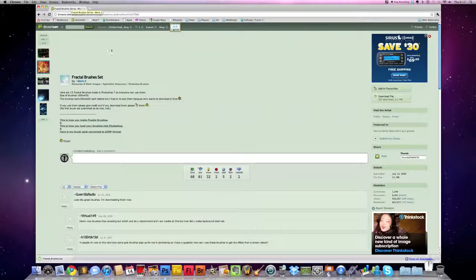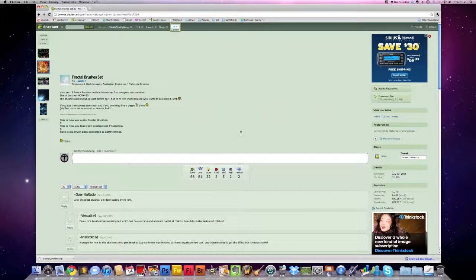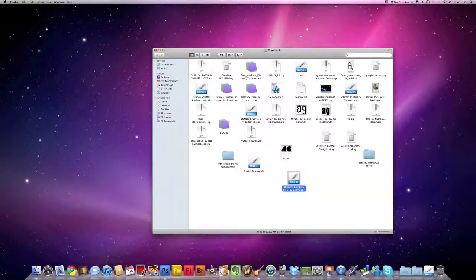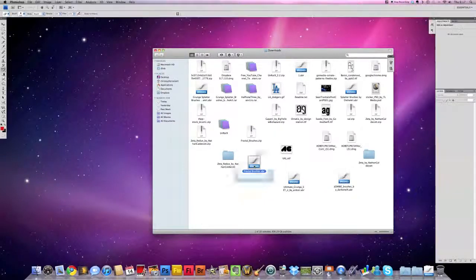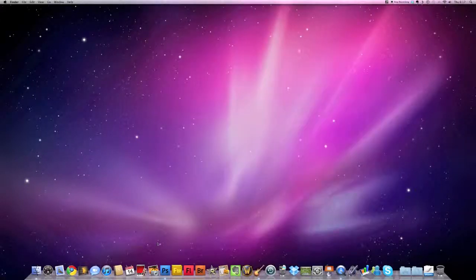But most computers can do that without having any programs. So it downloaded, so you just open it up, and mine actually unzips it into that folder, so you can just exit out. And here is my jumbled folder. And so this is what the brushes look like. Here's some other ones I actually have, but here's the one we downloaded. So what you'll do is you'll just double click on it, and it's going to bring it into Photoshop already. So you can close that, go back into Photoshop,